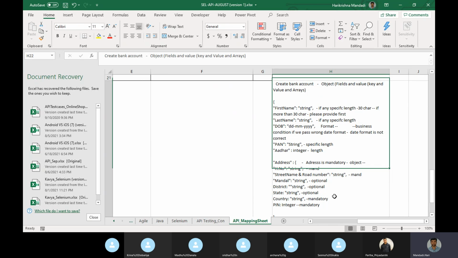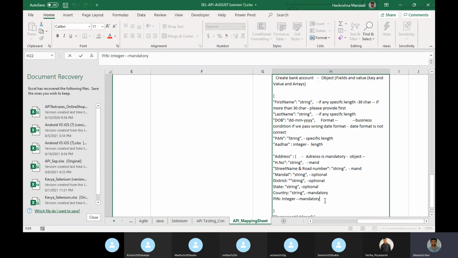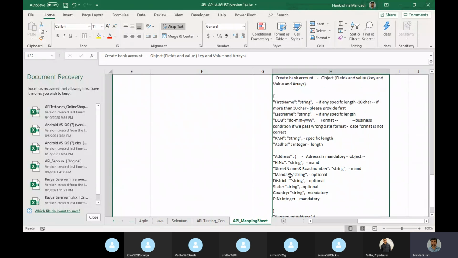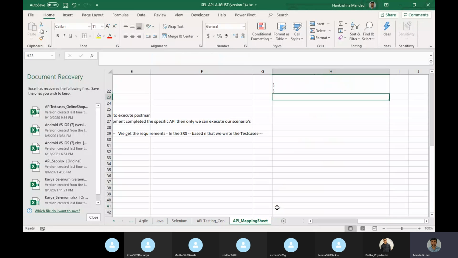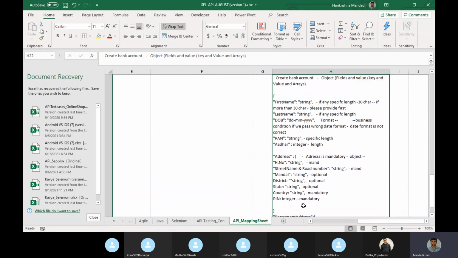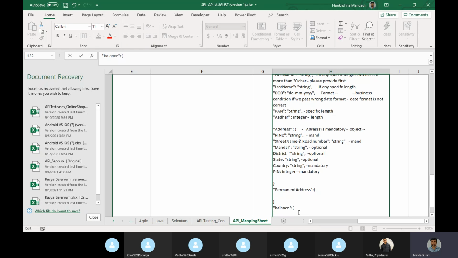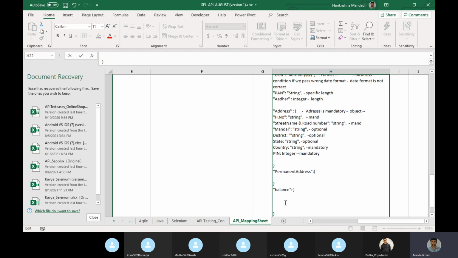Let me go and create that one. Here address has ended. Now I have some currency, balance, one minute. This is one more object. I am just trying to explain that it can have more fields inside in the structure. This is now an object. Under this object I have again